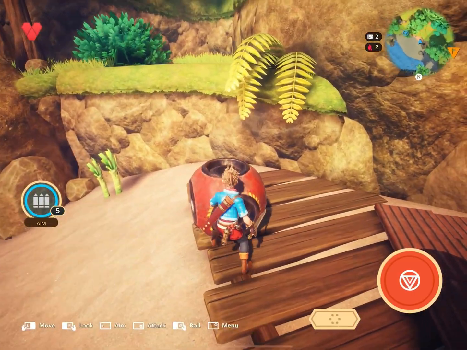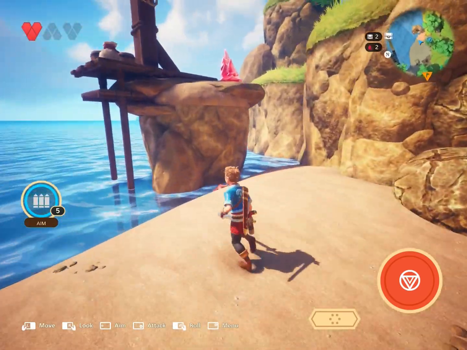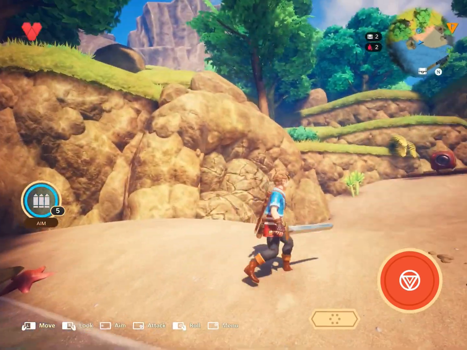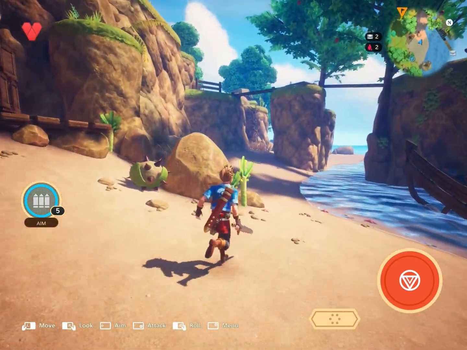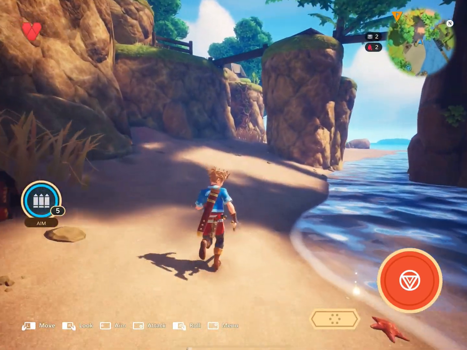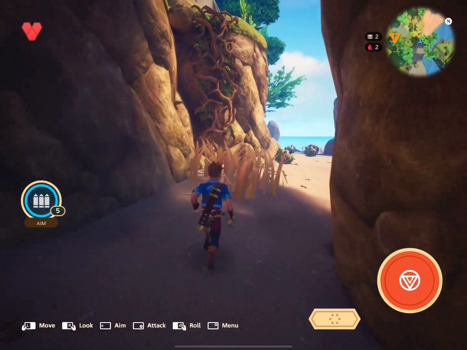Now, you will see over here there's a bloodstone. We will get that later. We're not going to deal with it right now because we have to work our way around the map. I want to get back to the quest. But first off, there's a box I want to get to, and that box is on that little bridge that's above us. So we're just going to